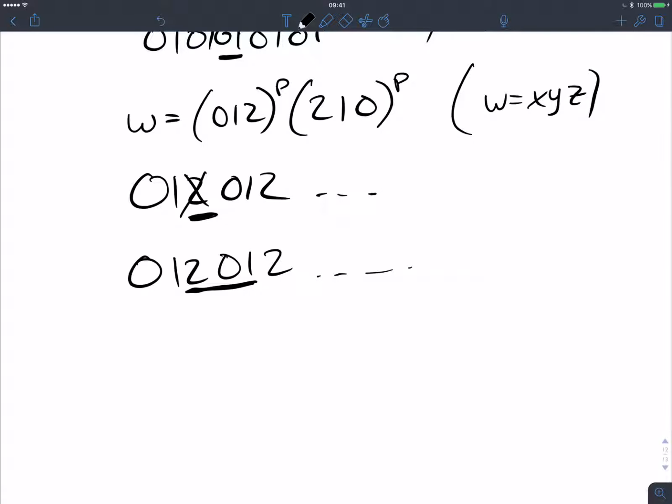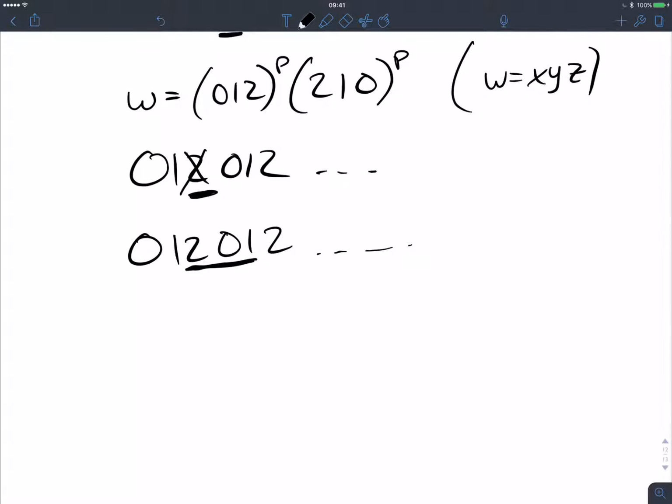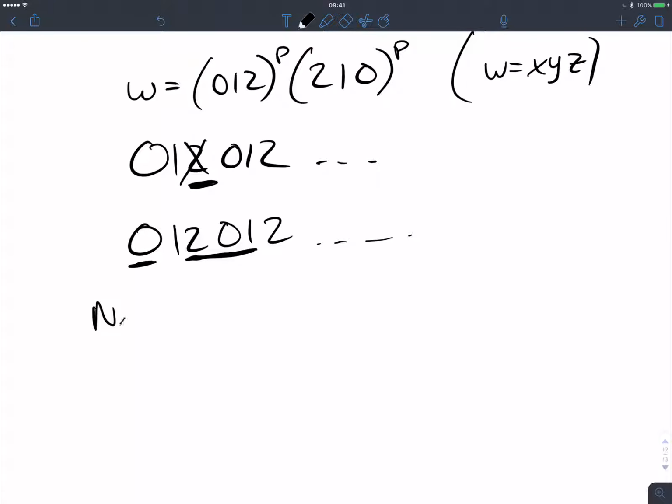What if I remove that 2,0,1 from the left side? The number of 0,1 substrings went down. So would I leave the language now? Yeah. What if I had any character on the left side? Well, if the y part had a 0 and I removed that 0, what would happen? The number of 0,1 substrings went down. If it had a 1, any 1 did the same thing, the number would go down. If it had a 2, same thing. So no matter